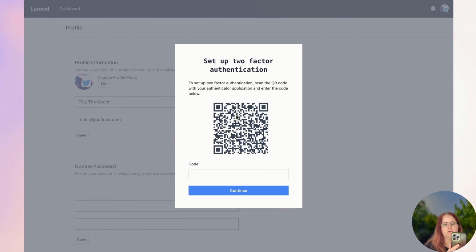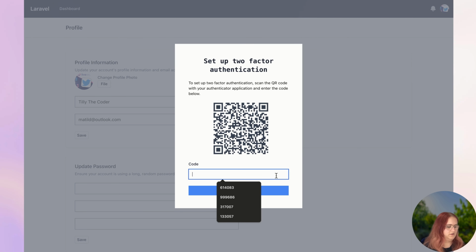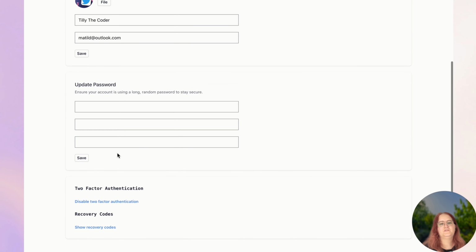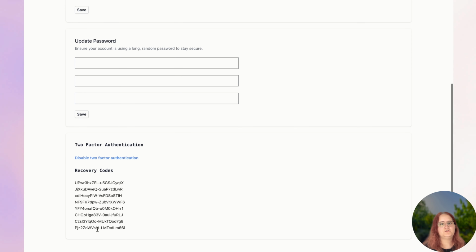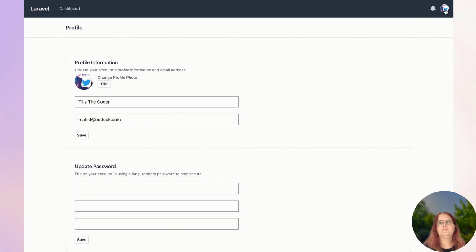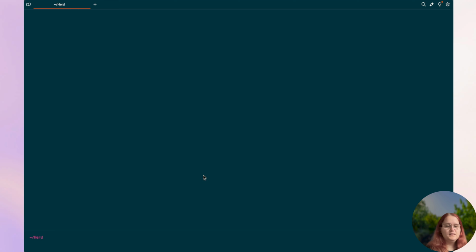So I'm going to scan the QR code, and then I'm just going to have to enter the digits here we get from this app. Just waiting for it to regenerate. And we're then going to put this in, and that should then enable it. There we go. So you can see we can show our recovery codes here. If I now go ahead and log out,